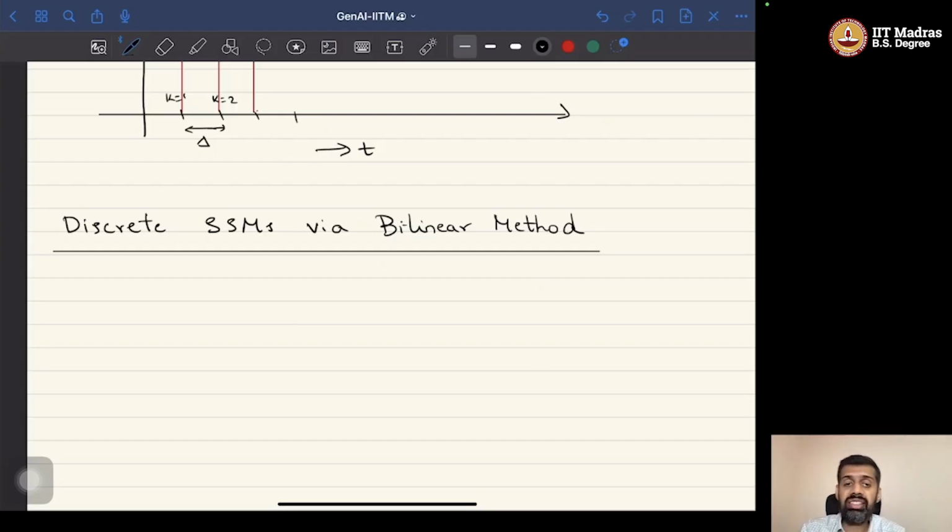It's also called the Tustin's method, where people who are aware of signal processing would identify this, where the idea is to convert the signal from the continuous Laplace space to a discrete Z transform space, right? So that is the idea of Tustin's method. I'll not go into the details of how the bilinear transformation method works. However, it is sufficient to note that after discretization,